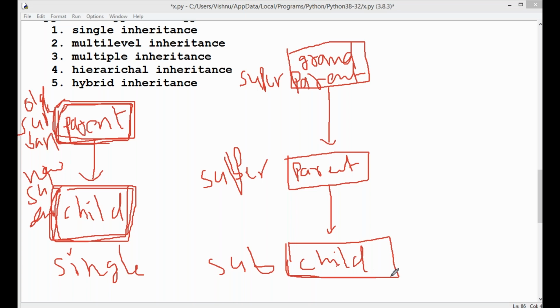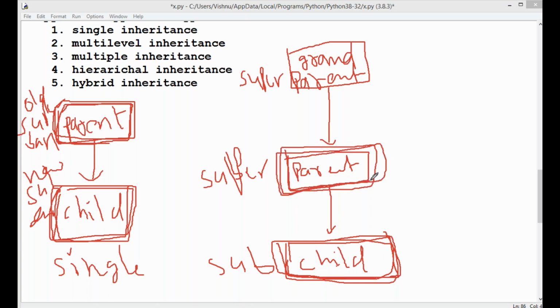The child class is derived from another derived class, not from the direct super class. It is called multi-level, different levels. So the grandparent is the super class, the child is the subclass, and the parent is called an intermediate class.